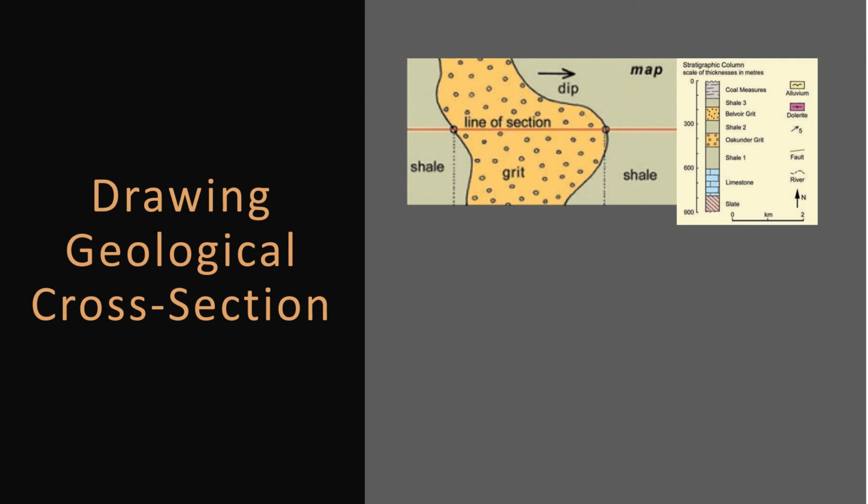So the first thing that we will do in drawing a geological cross section is draw a line from which we will slice the surface in order to reveal what is under that surface. In this case, the line of section is already given. So in this part, after drawing the line of the section,